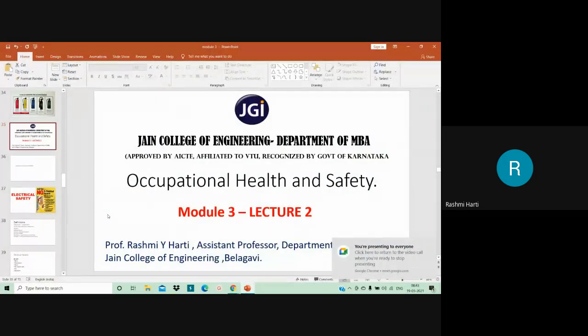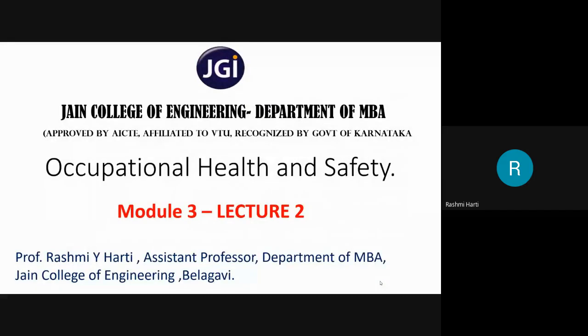So, my dear students, I hope it's very clear how to use the fire extinguisher. It is through the PASS method. First, you have to identify whether the fire that has broken out is possible to extinguish, or has grown to a level where it cannot be extinguished. If it cannot be extinguished, you have to immediately search for the emergency exit and move out without looking for a fire extinguisher.